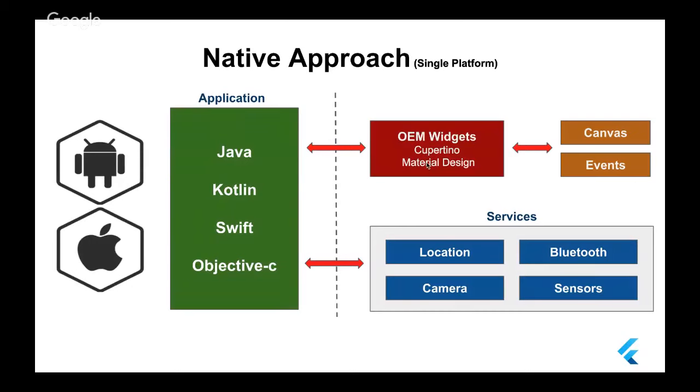So when you are using the native approach or native application method to develop your application, you will have great performance. You will use the original user interface widget system, and you have full support because you are using the language that the operating system uses. So what are the problems of using this approach?